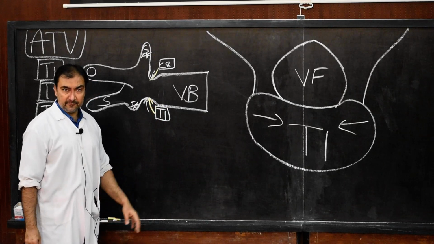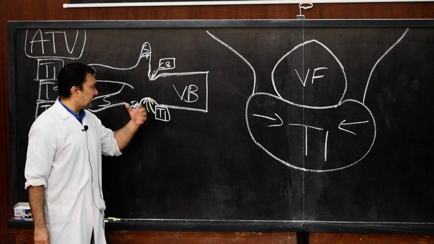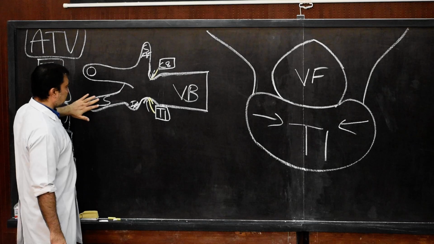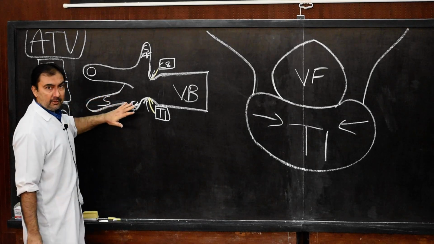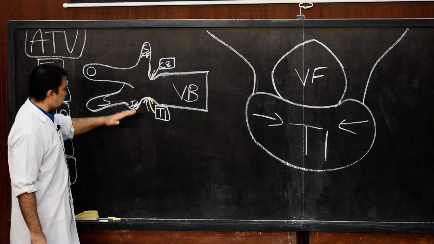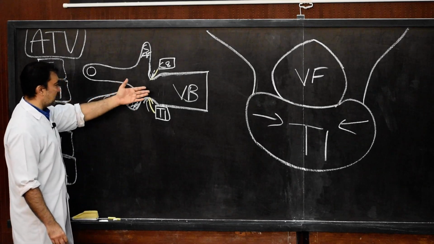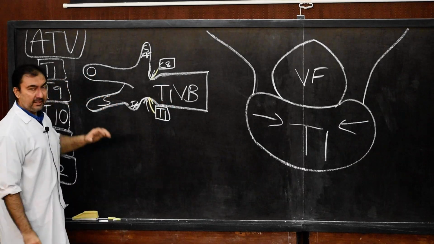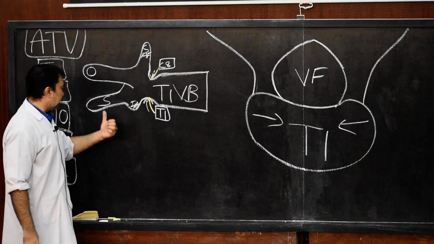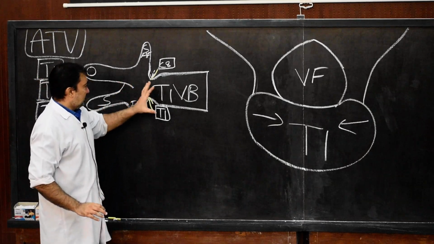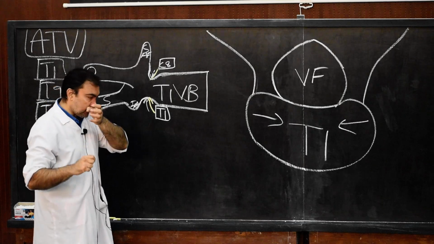Point number 3, difference number 3, or characteristic feature number 3. Now number 4, the spine. As you can see, the spine of the T1 will be long and horizontal. Once again, the spine or spinous process of T1 will be long and horizontal. This is characteristic feature number 4. Now number 5, this is the main feature.